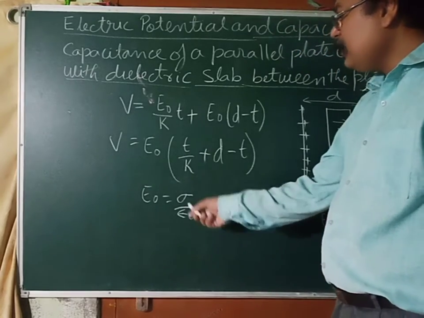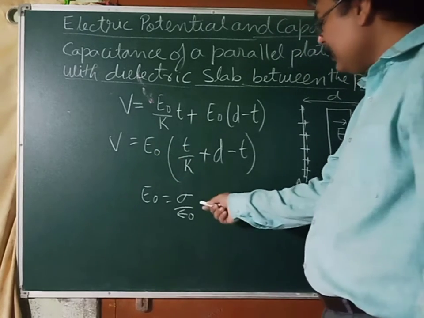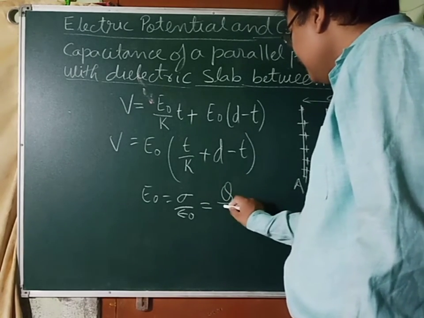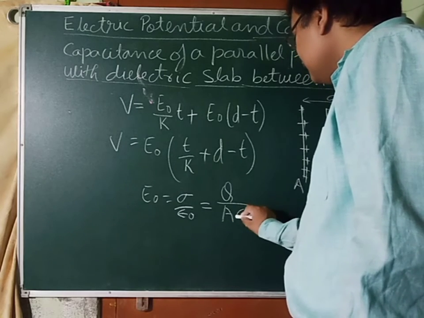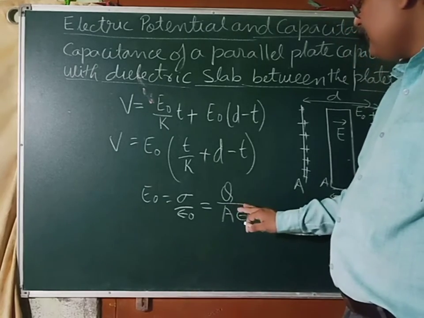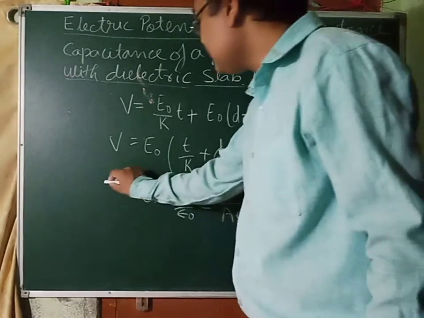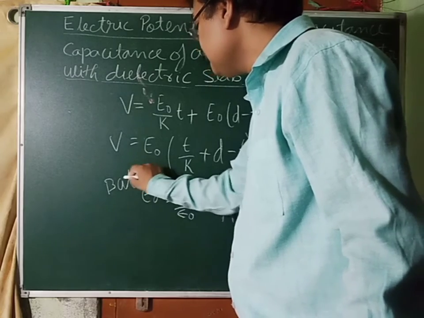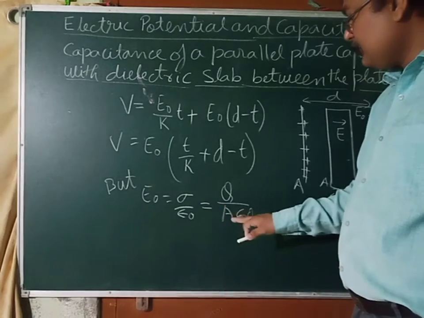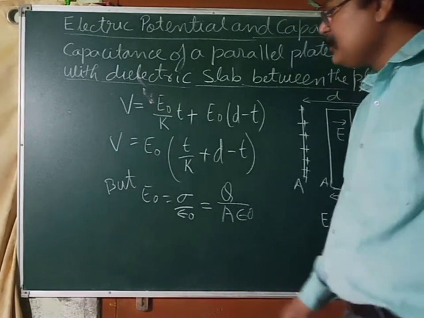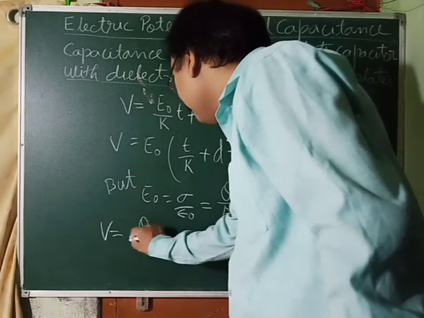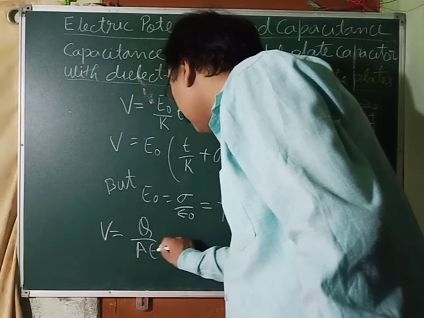Now this value we need to put here. But before that, what can we write? What is sigma? Sigma is charge upon area of the plate, so E naught is Q by A into epsilon naught. Can we write this? Now we have to put this value over here. But E naught is this much, so we should keep this value in this expression of potential difference. So what will we get? V is equal to Q by A into epsilon naught